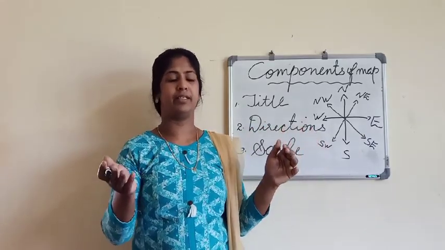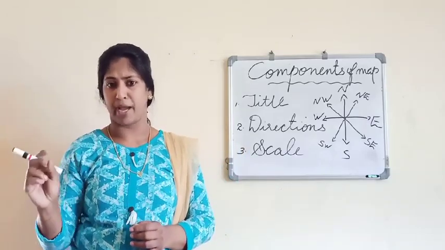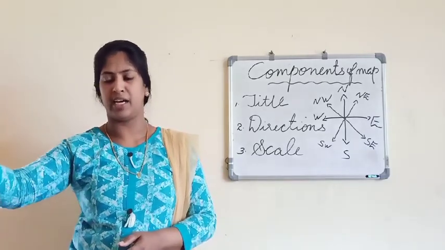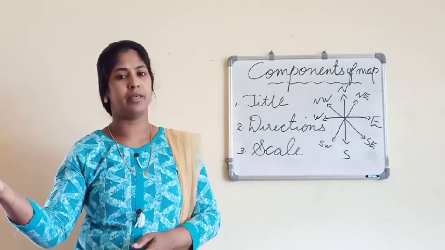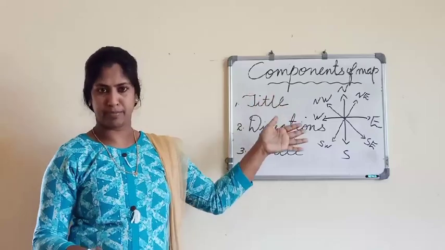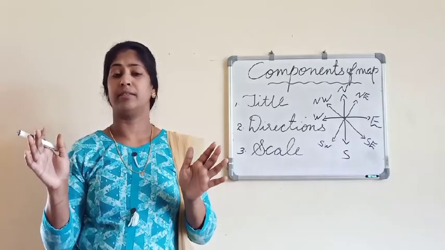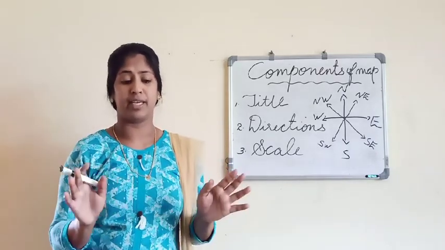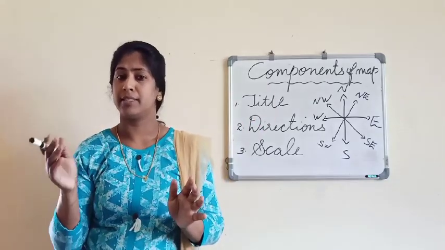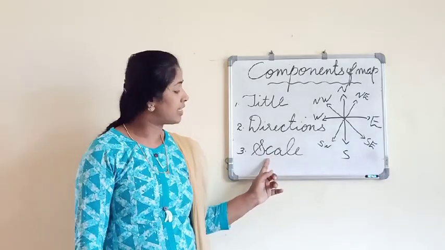We can make a sketch without any measurement or without a scale. Suppose you are making India's outline, it is only an outline without any measurement or scale. But for map work, which you see like a wall map, atlas map, topographical map, for all of these measurement or a scale is needed. Without a scale we cannot make it. With our own idea we cannot make a map. So the third important component of the map is scale.